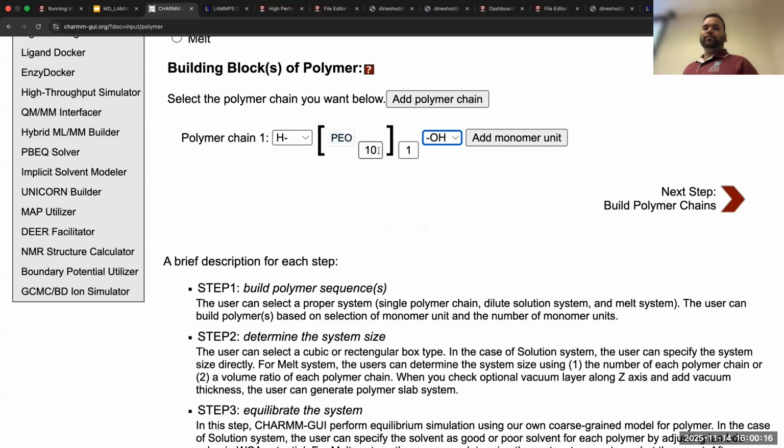And then you choose how many times you want to repeat that monomer that is inside the bracket. It could be 20, it could be 100, it could be 1000, right? Depending on the molecular weight that you want to simulate. So once you define that, you just click next, and